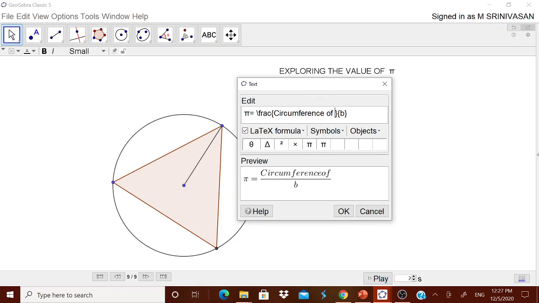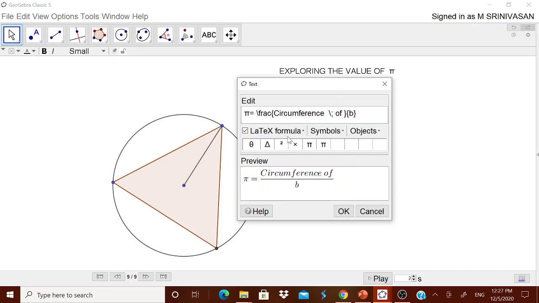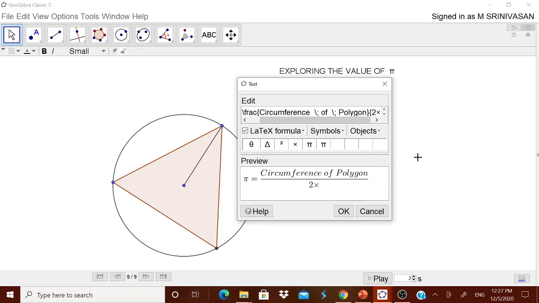circumference of, okay, now if you want to have a space, LaTeX formula space, then here again LaTeX formula space of the polygon by 2 times the radius. Therefore 2, in the symbol you can go and have this into radius. Okay, now we have to go for